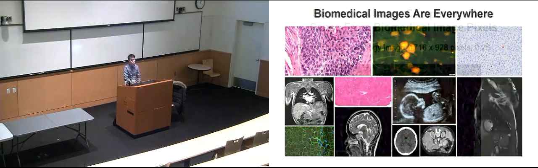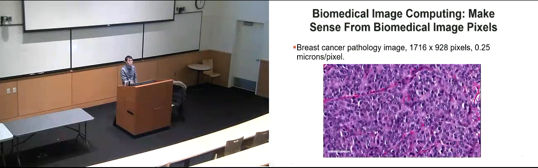For example, these are breast cancer image data. From this image, we can see that there are a lot of tumor cells here. So we can say that this patient probably has some kind of breast cancer. How can we extract useful information from these images or quantify biomarkers to determine where the tumor nuclei or tumor cells are and what the state of the tumor is? All this information we can calculate based on biomedical image computing.